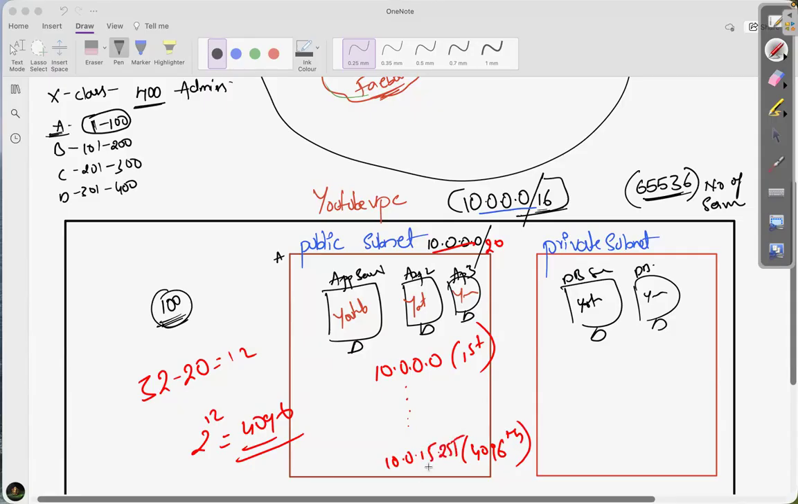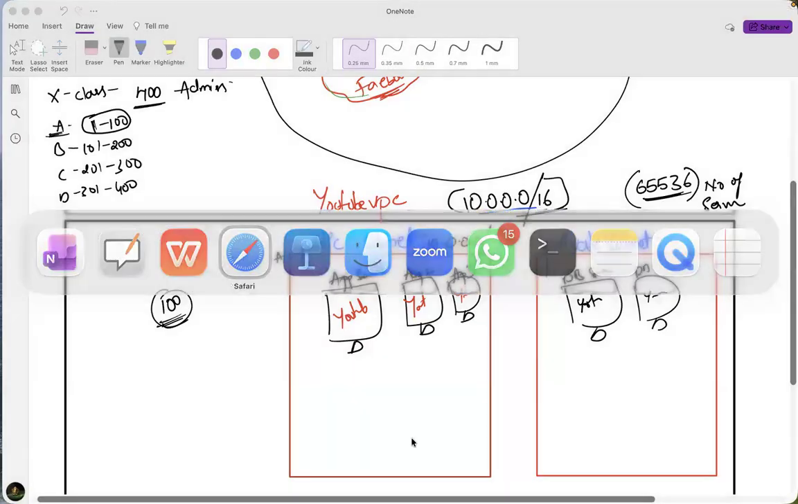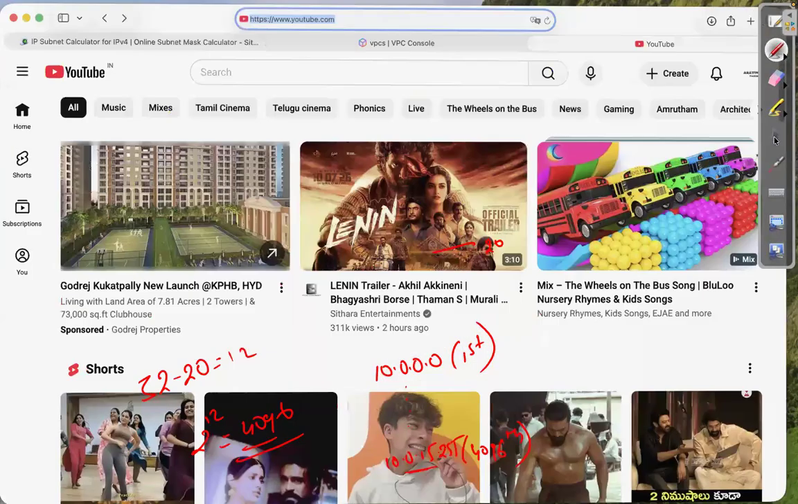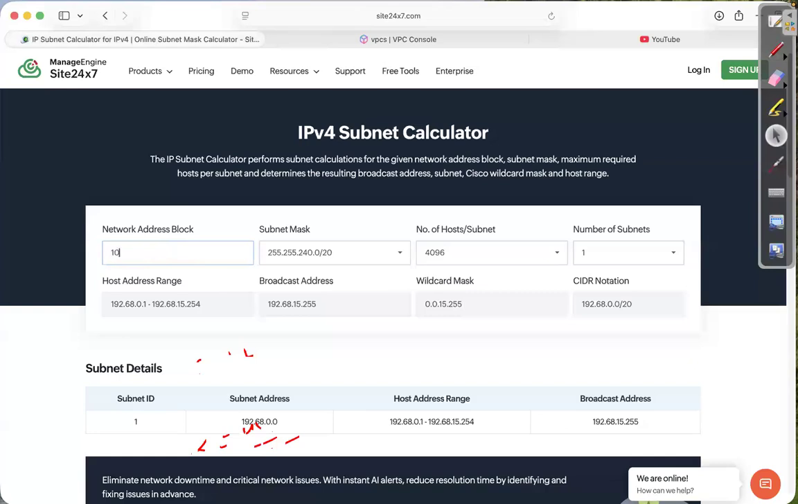10.0.15.255. See, I know all these numbers, but for you, how to calculate? I have told you, use a subnet calculator. How to use the subnet calculator? Just go to this website, the subnet calculator website. Just give